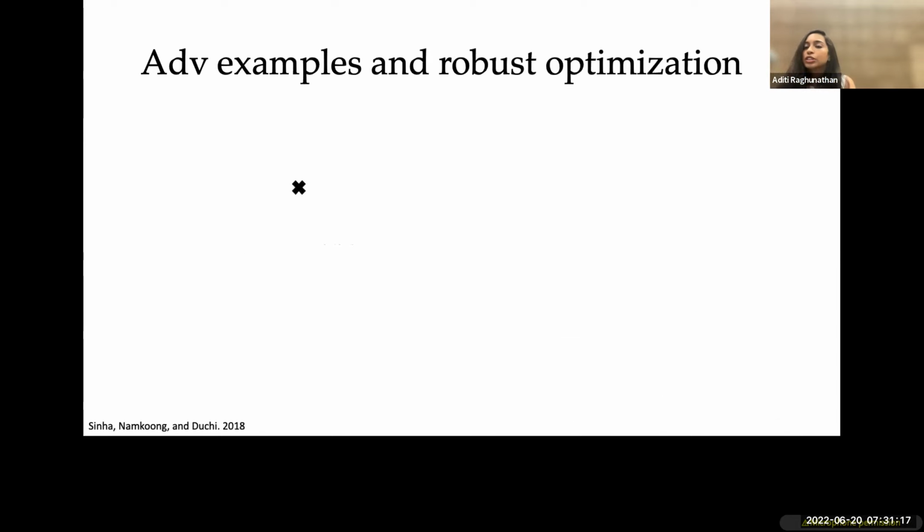So just a quick nuance on how it connects to robust optimization. In adversarial examples, you have an input and you define a set of perturbations, and we want to do well. What I presented earlier as a robust optimization framework is you have a training distribution, and we have a family of distributions around it. So you go from the instance level to the distribution level.